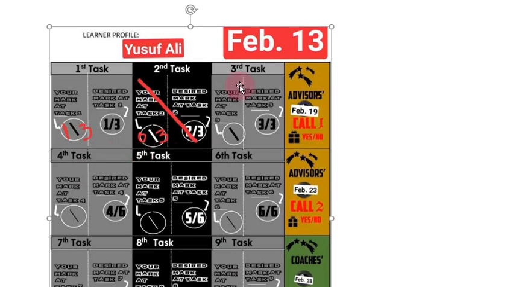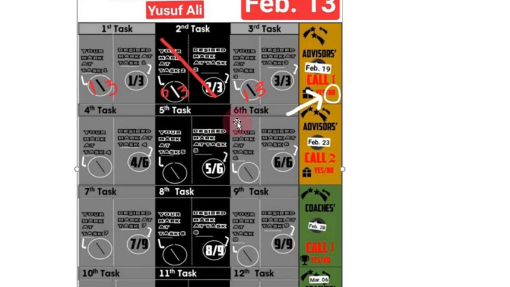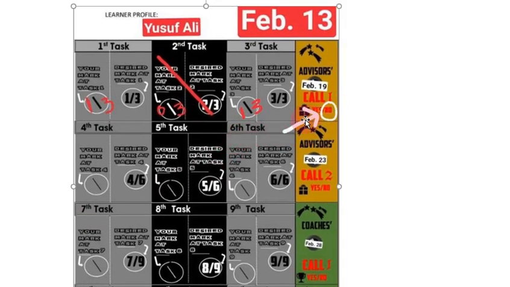So imagine he did the 3rd task. For him, it's his 2nd task. He's supposed to get 3 over 3, but because he missed that day, he's going back to 0. So this day he's going to get 1. So here you can see he's going to get 1 over 3. We're supposed to get 3 over 3. Which means he didn't do the requirements, which means he's not going to get the call February 19. He missed that day. So that's why here it says no. He's going to get a no over there. Okay, so don't miss that day.